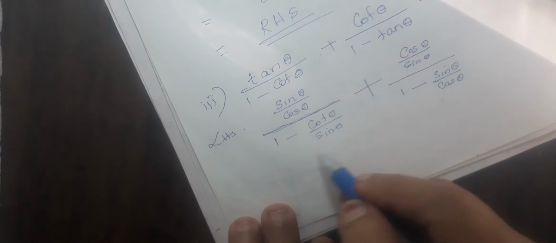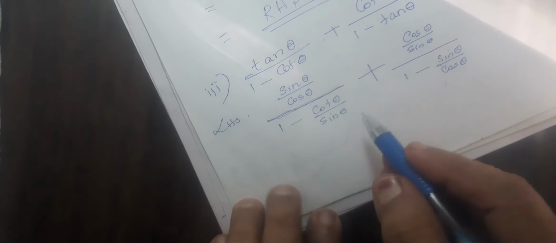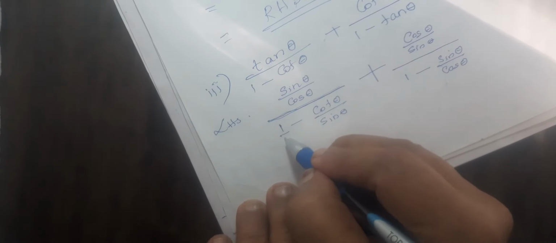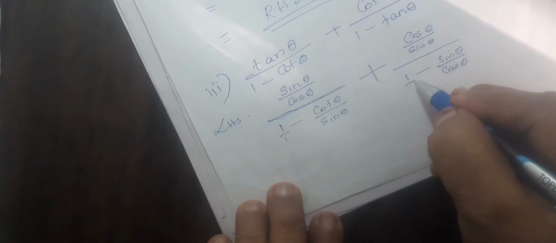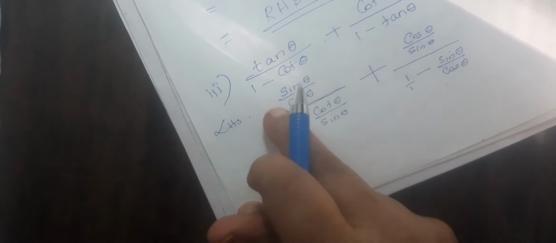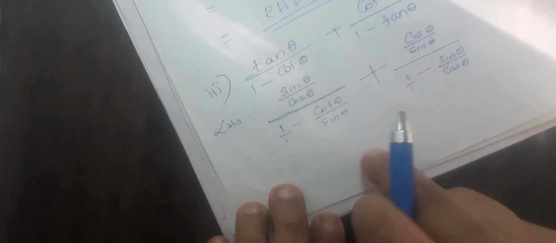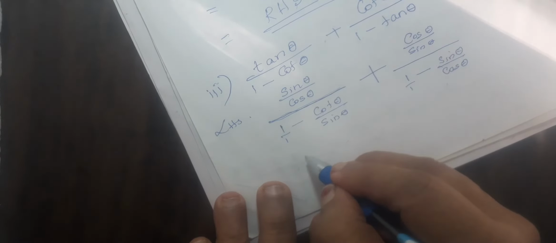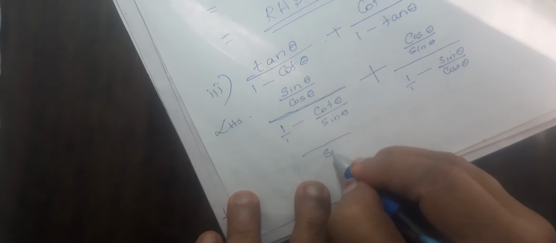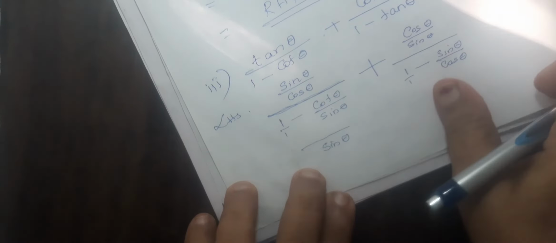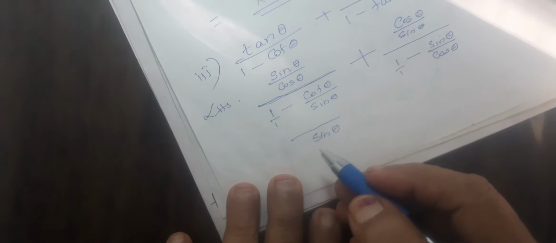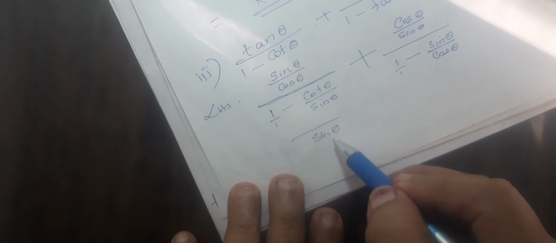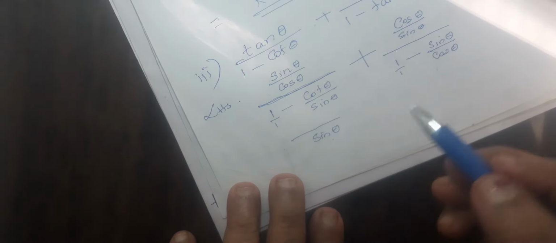Now next I have to simplify the denominator because there is a fraction there. So 1 by 1 I shall put here, and here also I will put 1 by 1. I will keep the numerator as it is. The denominator I will just get simplified. So I will take the LCM for the denominator. Here you should understand it with concentration. Now sin theta, I have taken the LCM. There only I am doing it.